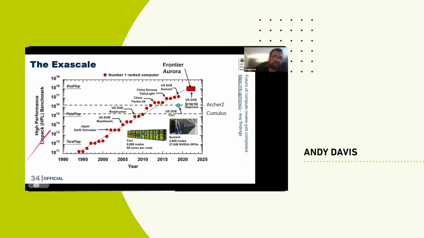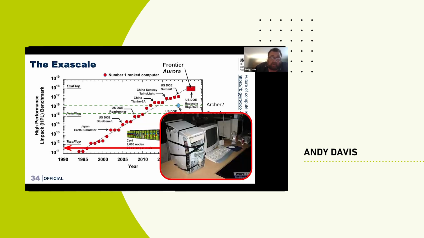This shows you the HPL, which is the High Performance Linpack benchmark, which is not a particularly useful benchmark, but that's what is used to tell whether these codes have met the exascale. If you look at what you as a typical user would have access to, and this is my home desktop, this is kind of the level of compute that you get on your desktop right now. So right now, you at home, well, me, have the same compute capacity as the world's biggest supercomputer in 1996,